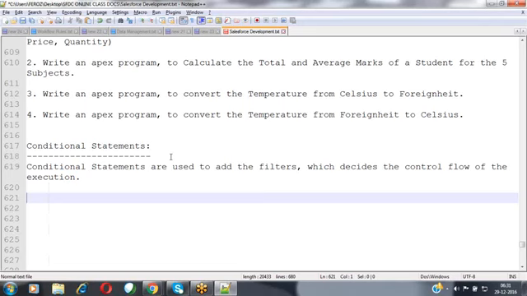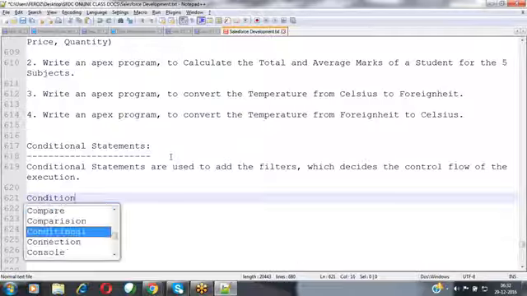In the same way here also, before performing that operation, I would like to verify whether that second number value is greater than 0 or not. By adding those conditions, we decide whether these statements get executed or this statement needs to be ignored. For that we are using conditional statements.